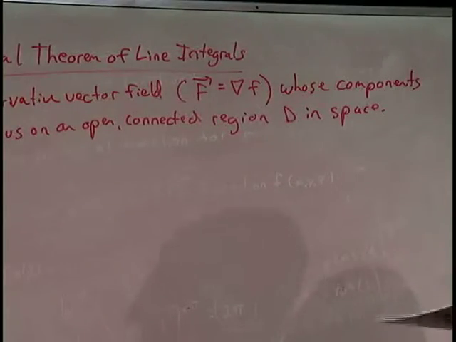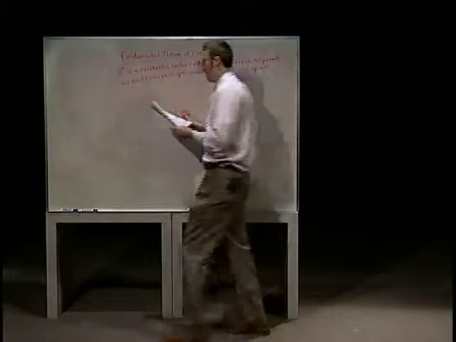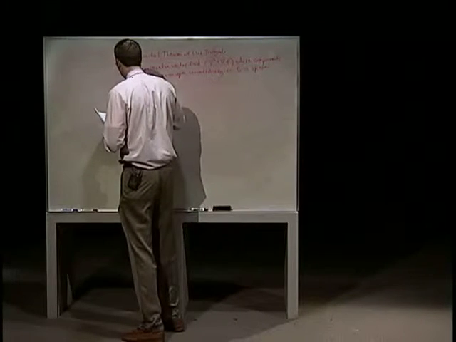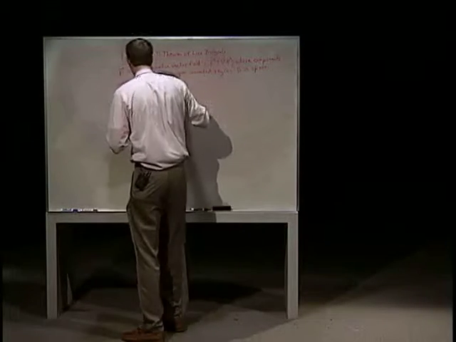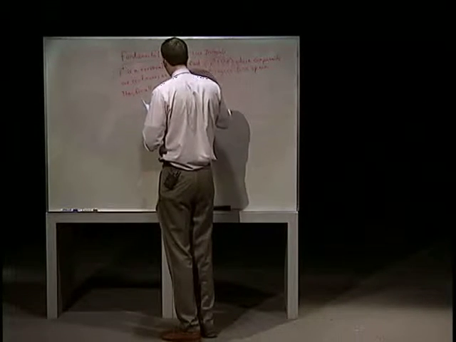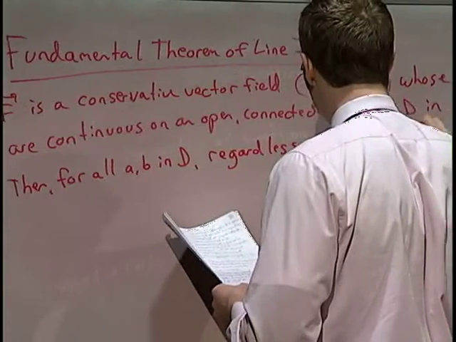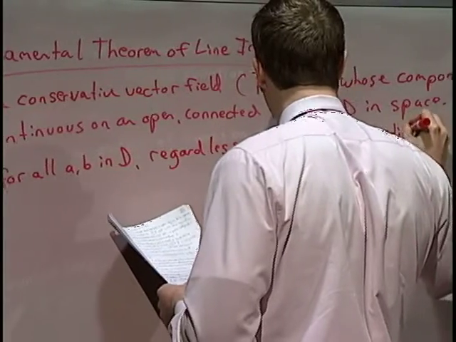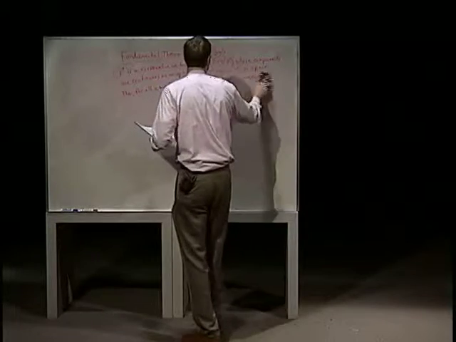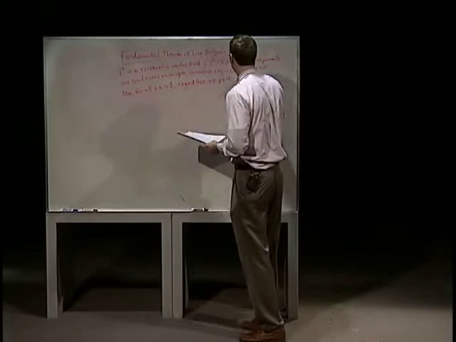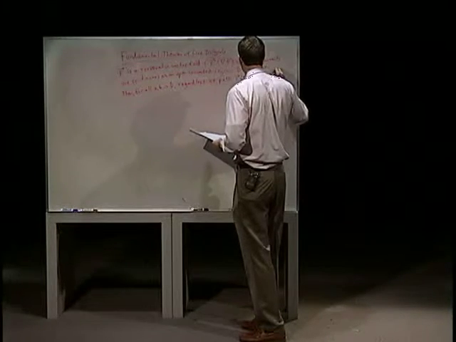In general, though, things we work on often satisfy these hypotheses without any difficulty. Then, for all A and B in D, regardless of the path connecting, so the path being some r of t, right, some curve